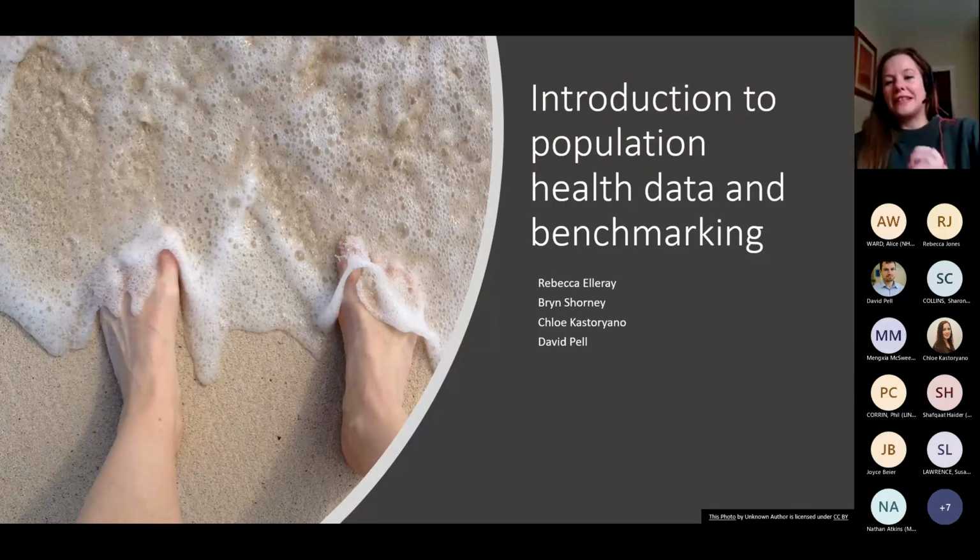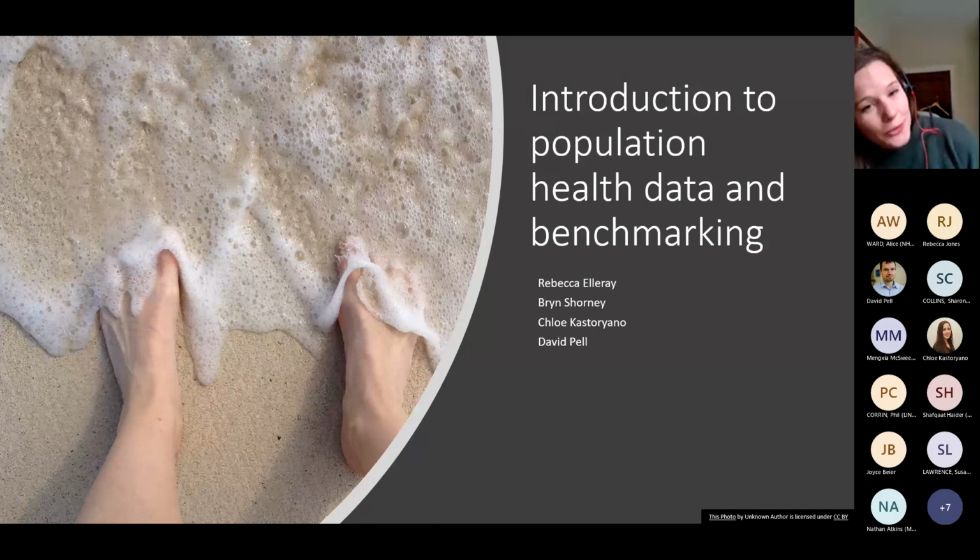Don't like feet. Fantastic. Okay, so my name's Rebecca Elleray, and I've just started recently with the Healthcare Public Health team in the NHS Midlands. And I just want to welcome you to this session where we are just going to dip our toes